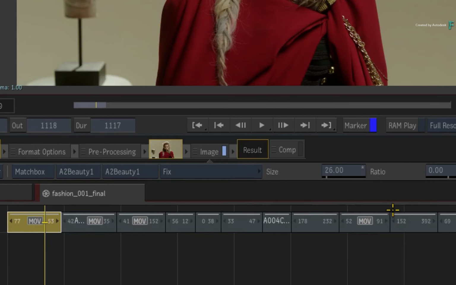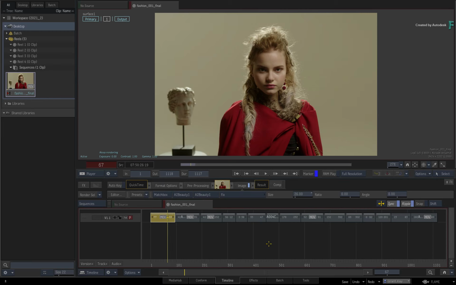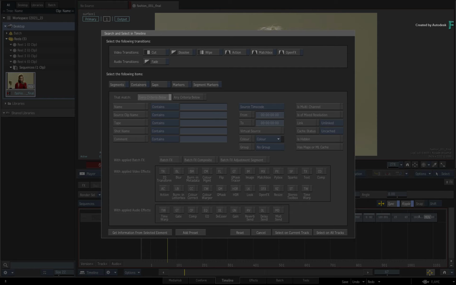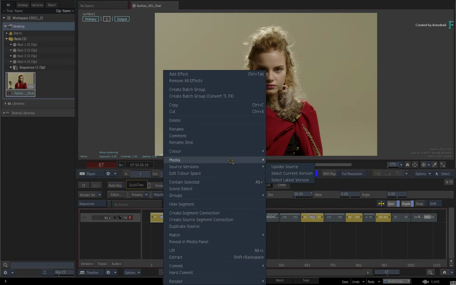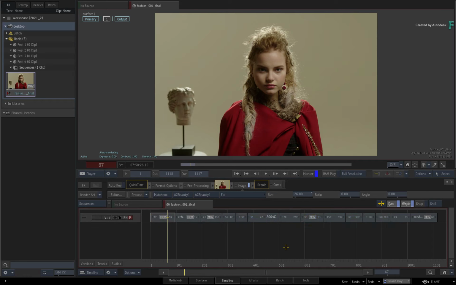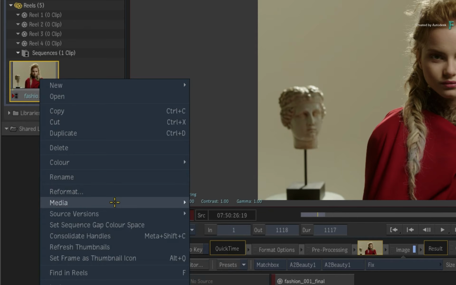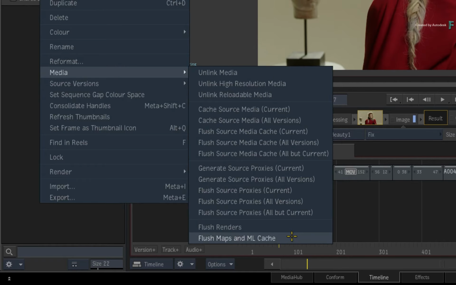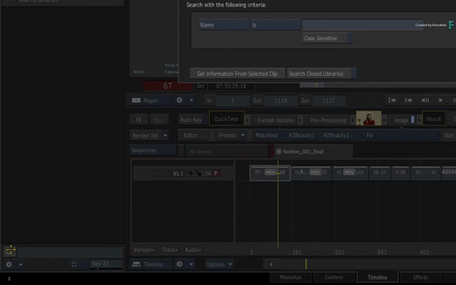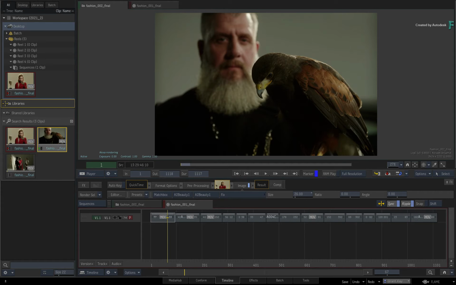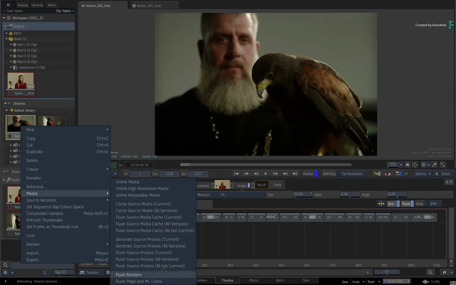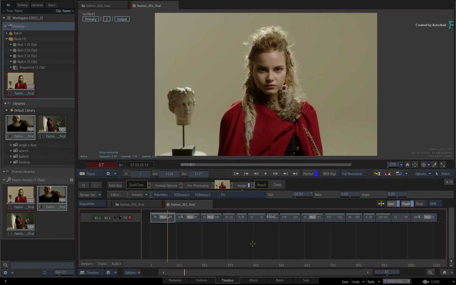Simply select the segment in your sequence, and using the context menu, you see the media submenu and flush the cached data. If you have used the functionality all over the sequence, you can also open the timeline search tools and search for segments containing motion vectors or machine learning cache. You can flush segments individually or by selection, but you can also flush the cached analysis for an entire sequence or selection of clips just by accessing the same menus via the media panel and choosing the same options. You can search for clips using the media panel search options, locate the specific clips, and flush the cache using the context menu. So that's how you can manage the cache as well as free up some space.